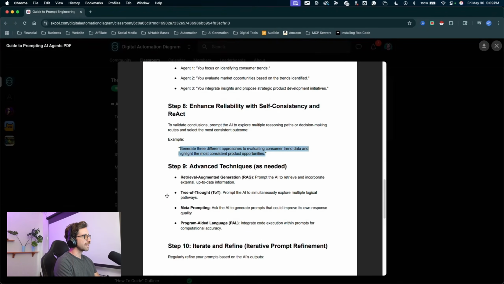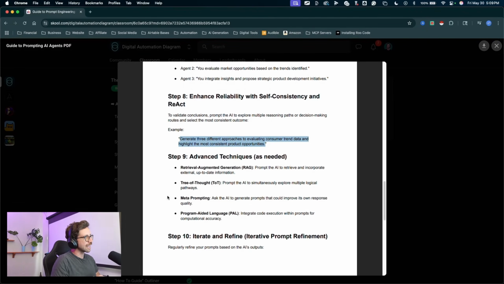All right, so step 9, we're talking about advanced techniques now. RAG, if you've been diving into AI agents, retrieval augmented generation is definitely a trendy subject right now. We're prompting agents to grab text and information or data from a source, like a database, and relate it back. So retrieval augmented generation, I want to add another one here as well that is being talked about in